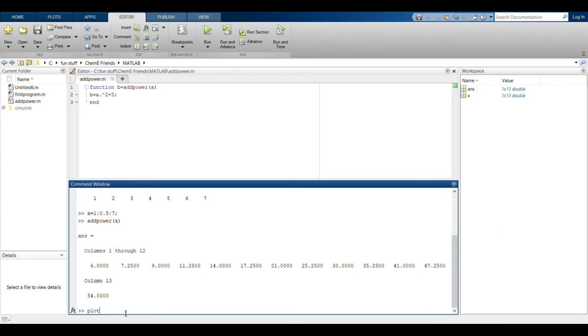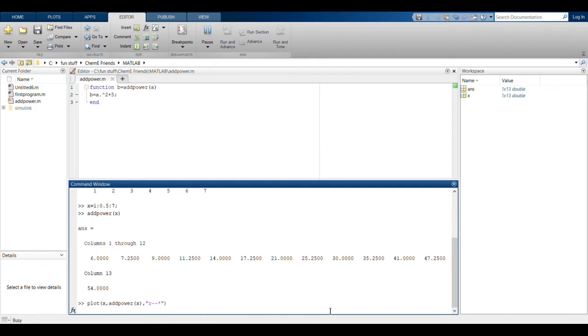So let's say plot of x, and the output add power of x. This convention r is used to show that I want red color, and I want it to be marked by a star. We'll see that in the output, and let's see what happens.